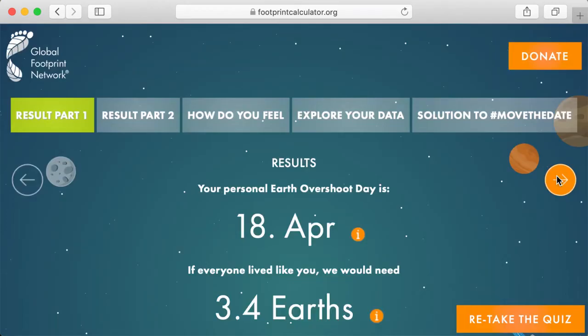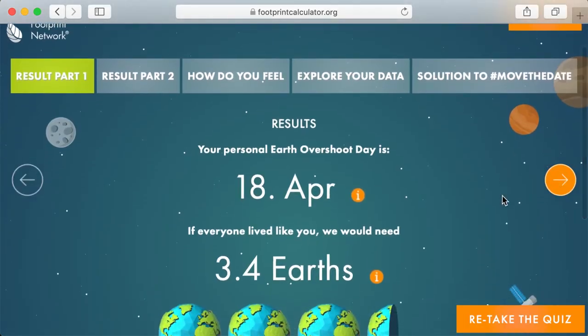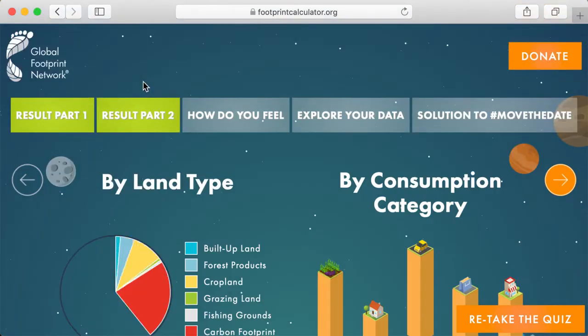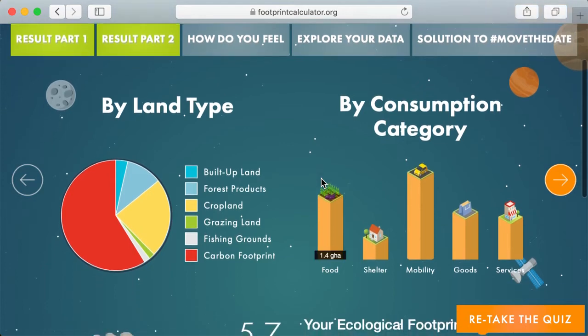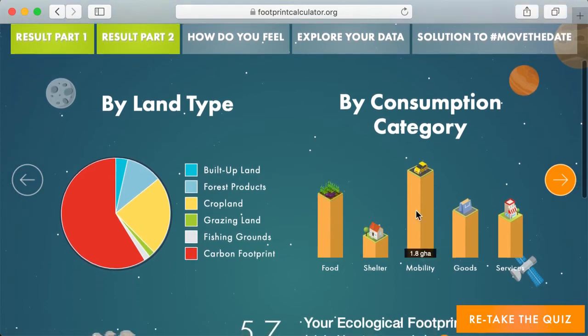But this is our last one here, and what it will do, this one having been run, is show how many Earths it would take to sustain a human population if everyone did the same exact thing. You can show it in Earths, but you can also go here, and they will first give you a nice breakdown of the categories so that you could see if something like food is particularly large for you,